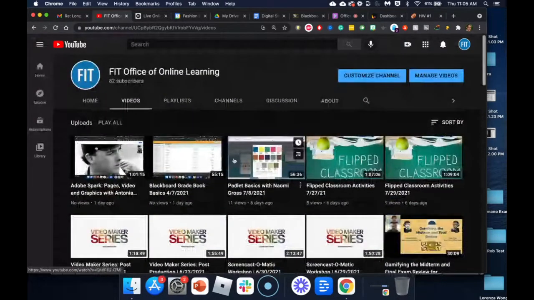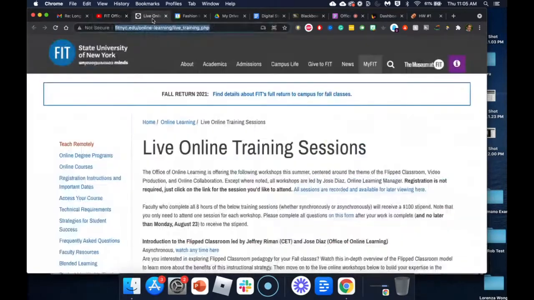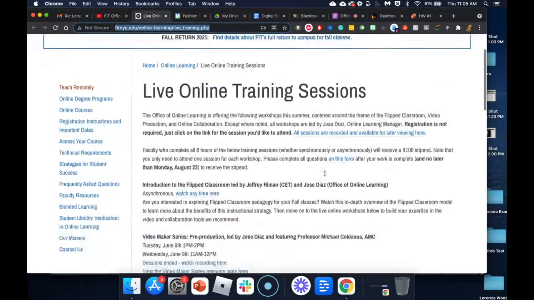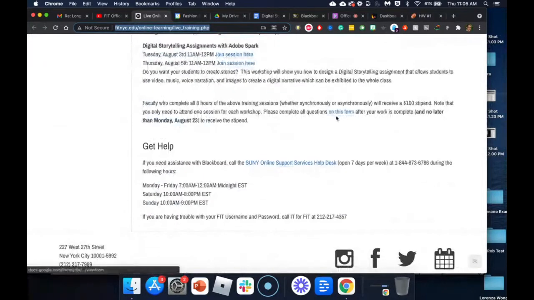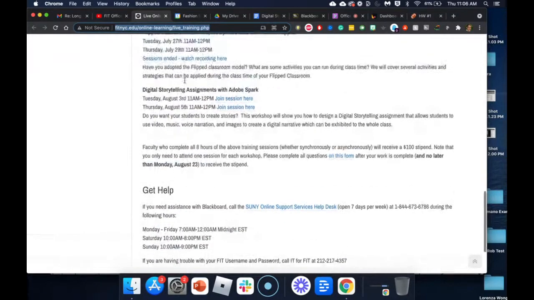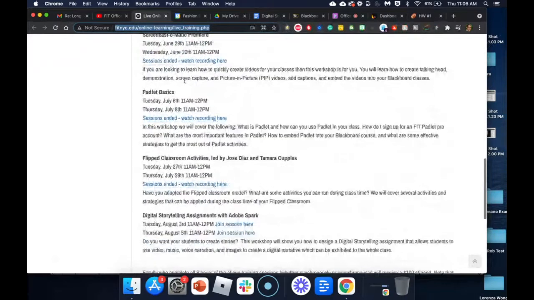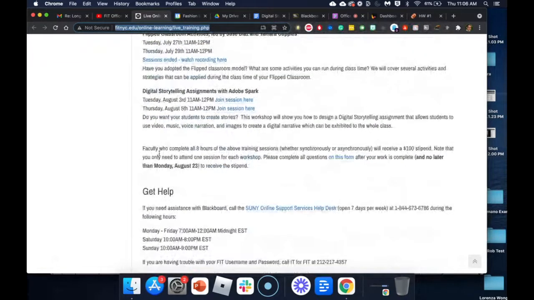And then if you're ready to submit the form to receive the stipend and to receive the Flipped Classroom badge, you will have to fill out the form. At the bottom of the page, if you scroll down to the bottom, it says here, faculty who